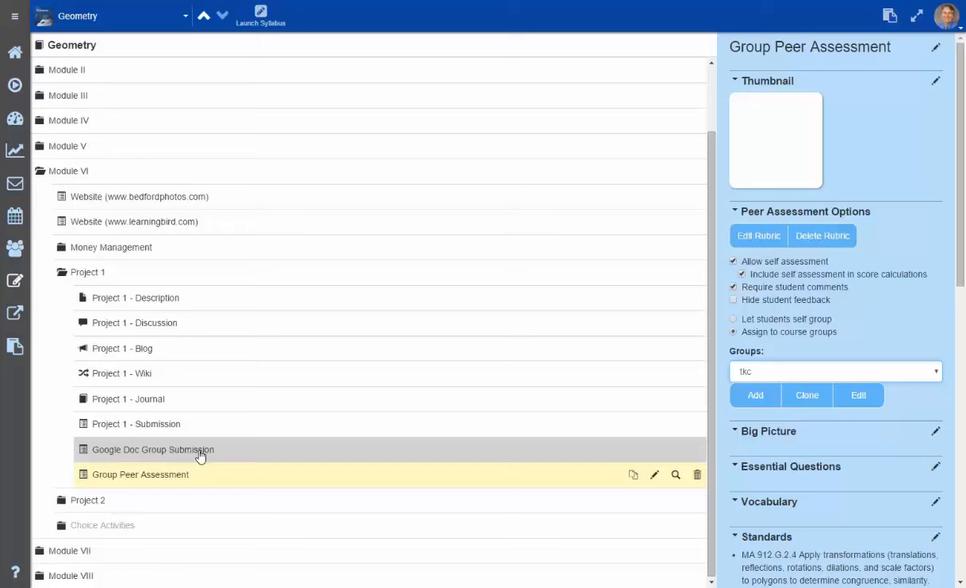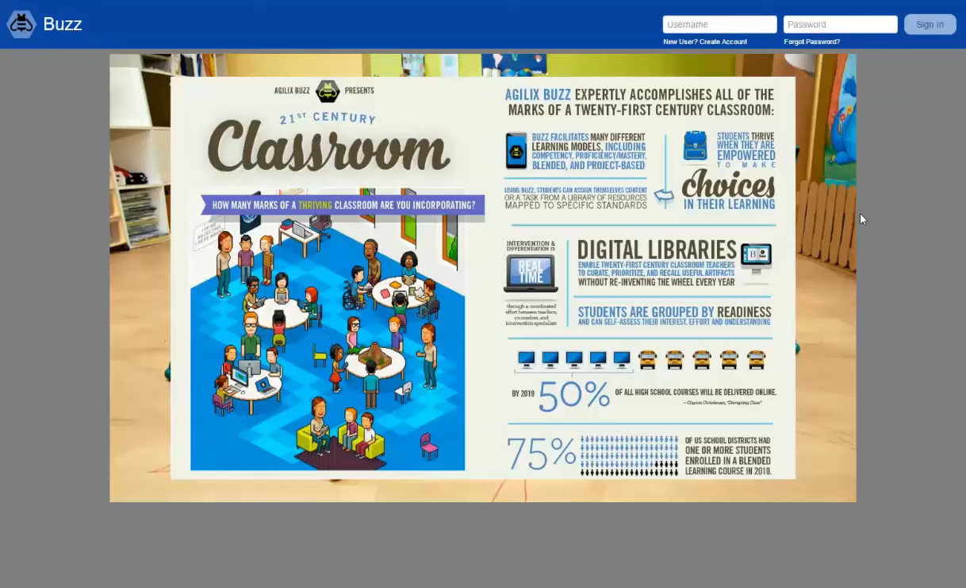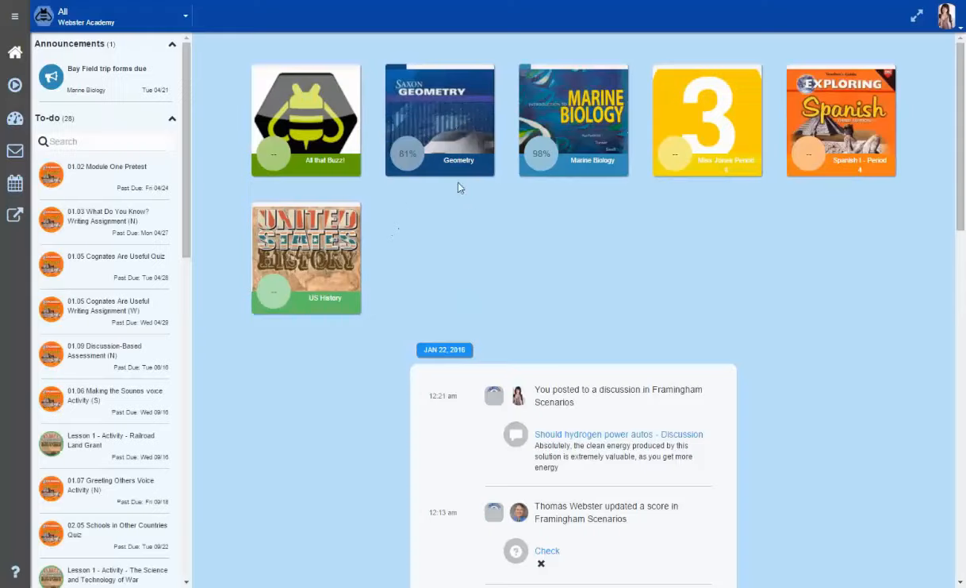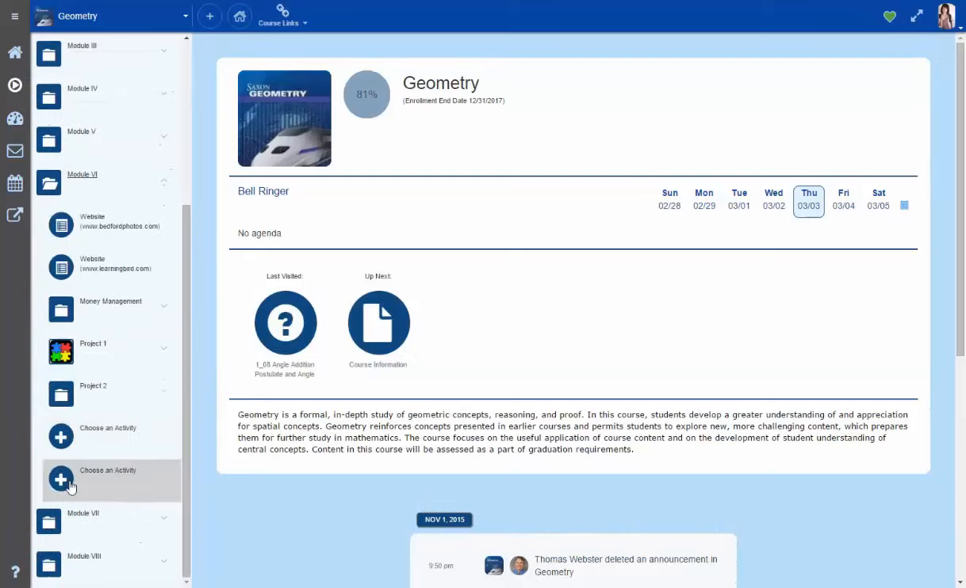It's saved, and we're ready to go to the student side. So I'm going to come up here and log out, and I'm going to log in as one of the students in the group that I just created. So we'll log in here, and you'll see that as I get down here into my geometry course and I'm back down into module looking at my course,